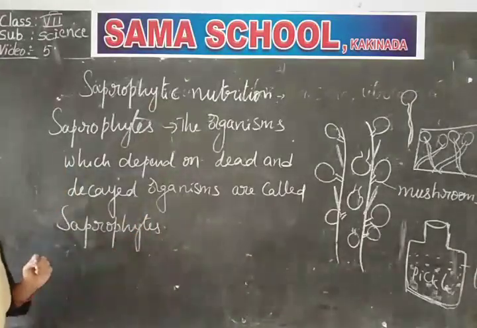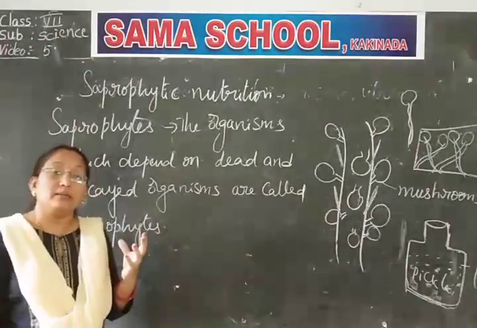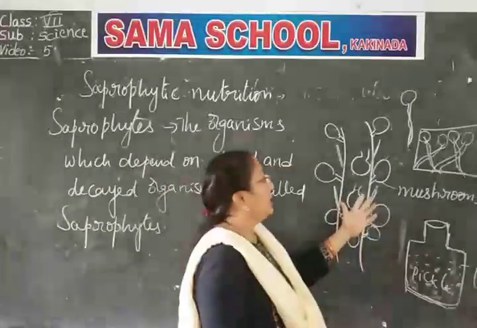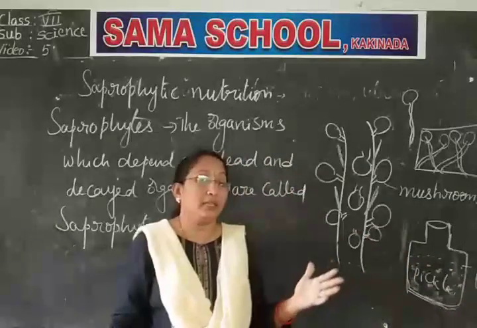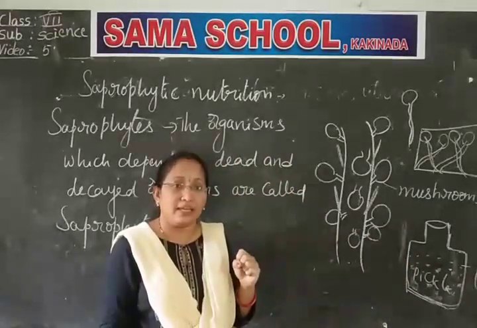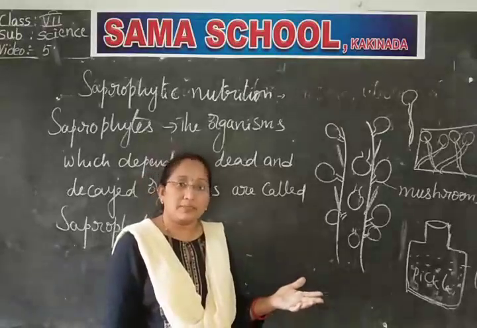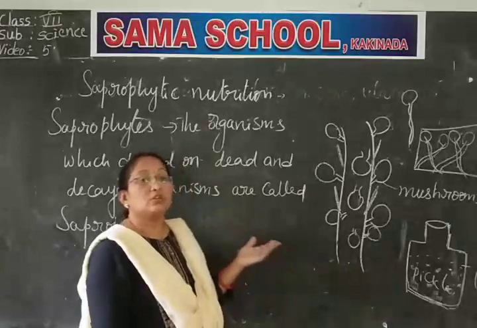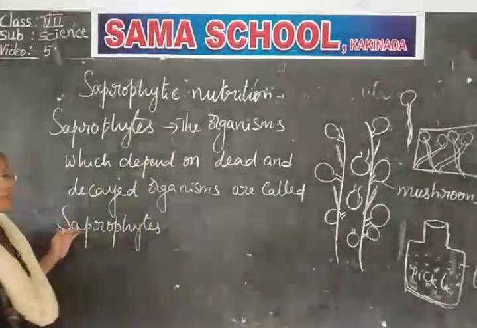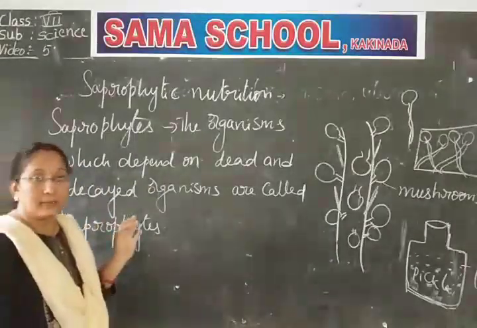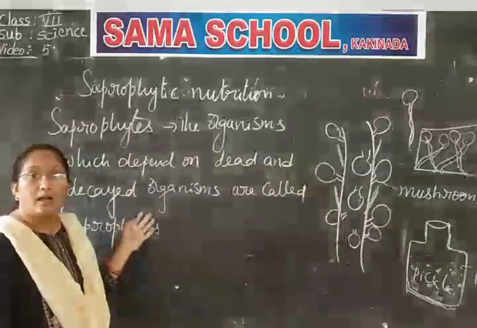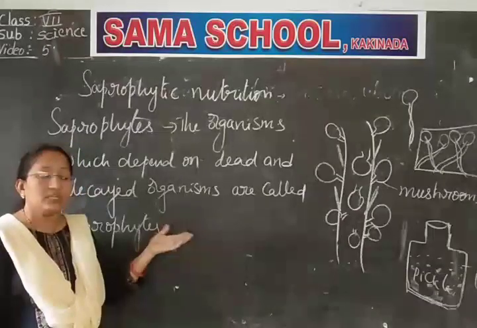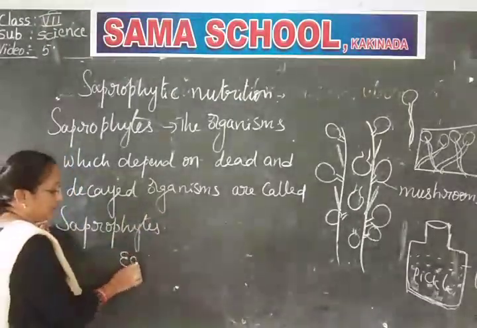So now they absorb the juices and the minerals which they need. The organisms, the fungi or mushrooms or bread mold or anything, absorb the dead and decaying substances from other substances. Understand? These are called saprophytes. So the nutrition performed by saprophytes is called saprophytic nutrition. Examples: bacteria, fungus.